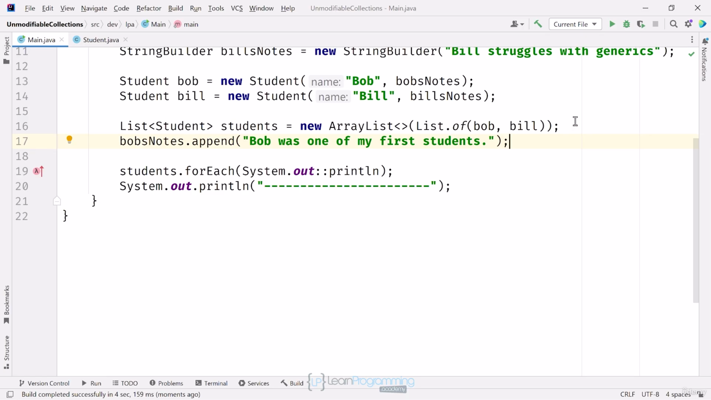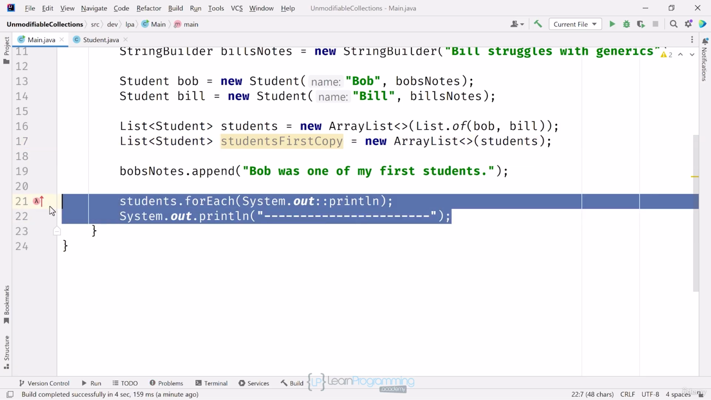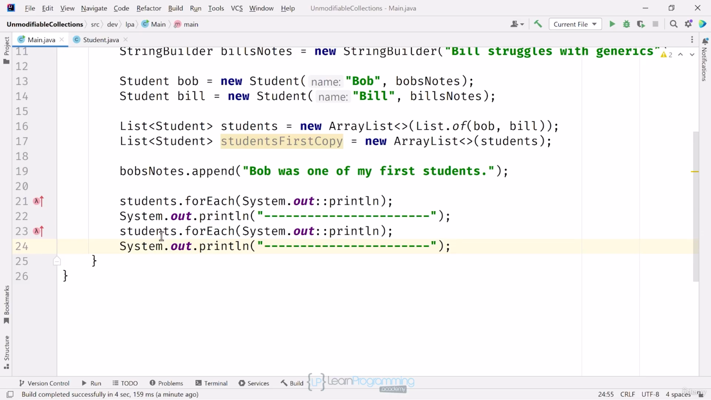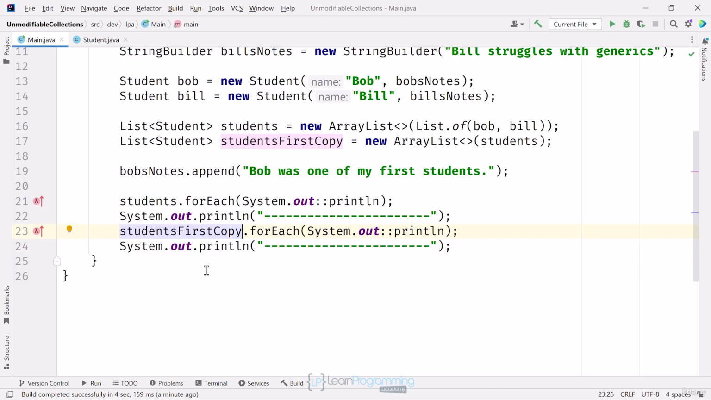I'm going to create a copy of my student list. I'll do this by simply creating a new array list, passing the previous list to it. I'll call it studentsFirstCopy, and set that to a new array list, passing students to its constructor. I'll copy the last two statements where I'm printing students and paste a copy just below. I'll then change students to studentsFirstCopy. If I run this now,